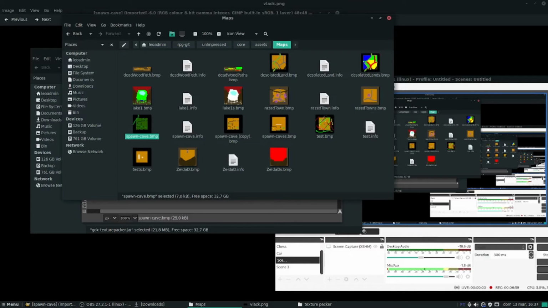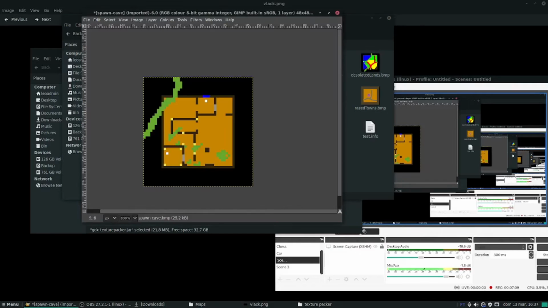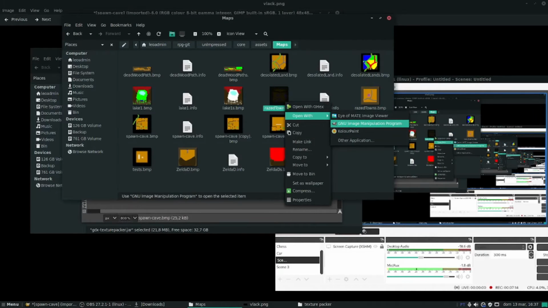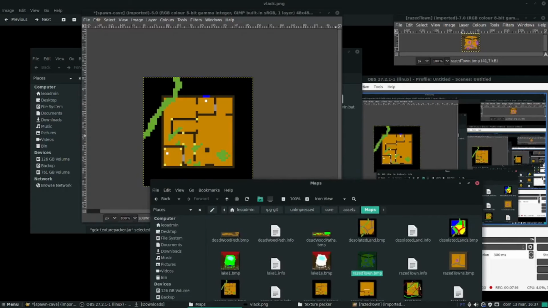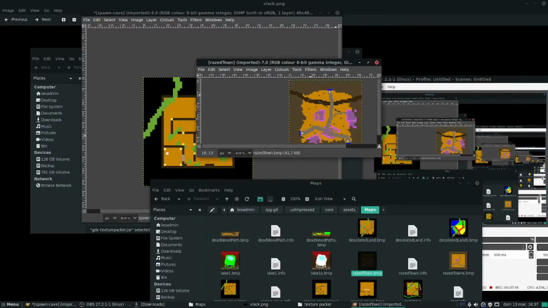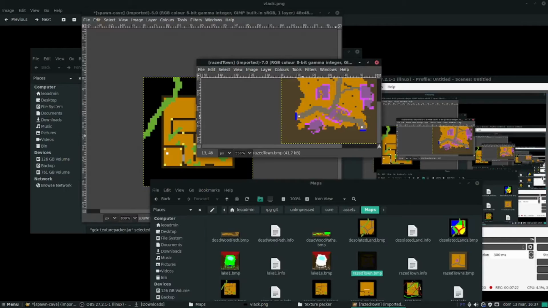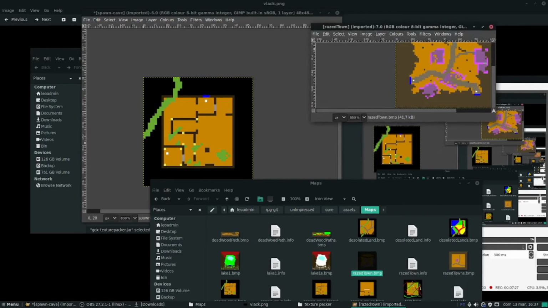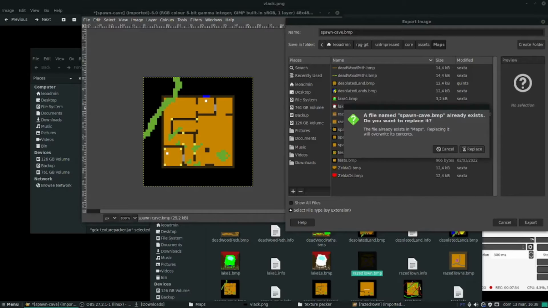You can only replace files that already exist, but for example, you make a different file that you call spawn cave, and as long as all its colors are recognized, it will load unique tiles. For example, let's open another image. Alright, it opened here. You see, this grayish color is road, right? And I could paint a road inside this BMP, and when you export the BMP